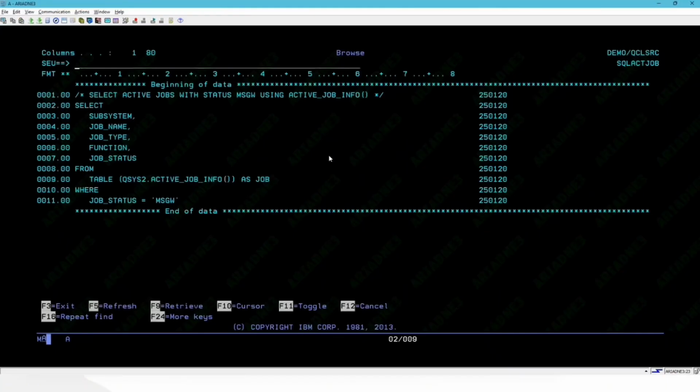So now let's look at another example. This time, we're selecting job information from the IBM service named Active Job Info. And we've placed our SQL select statement in its own source member. That makes it easier to read and maintain than when we place the entire SQL statement within the parameters of the CoolSpools command. Our select statement is returning job information such as the subsystem, the job name, and the job